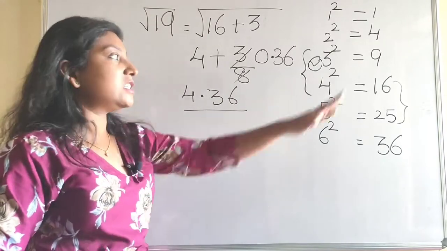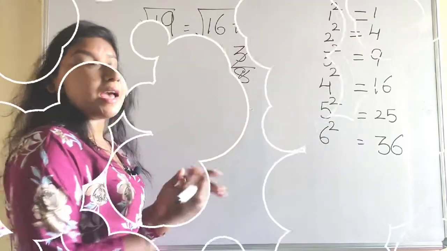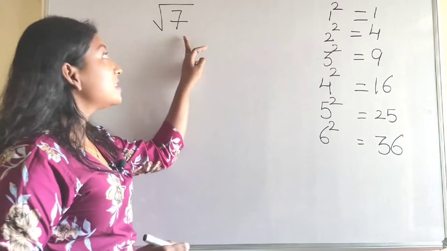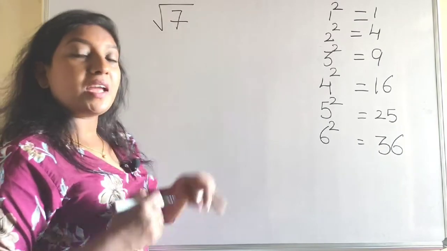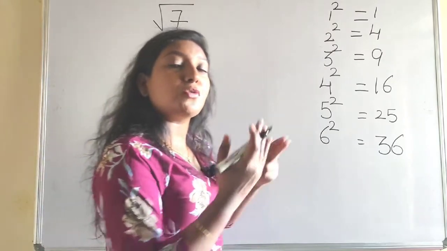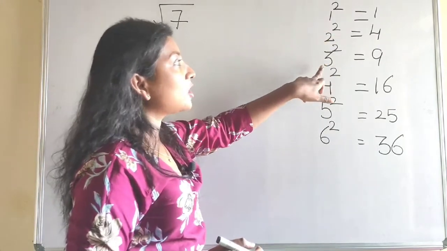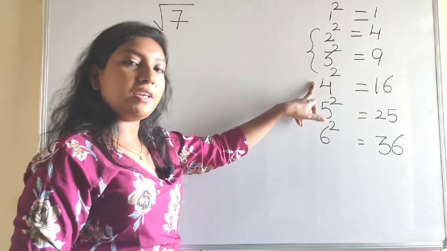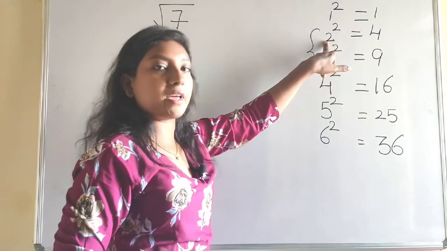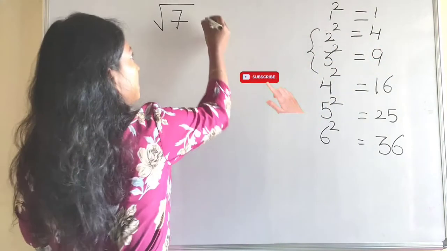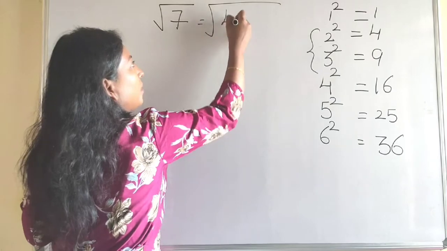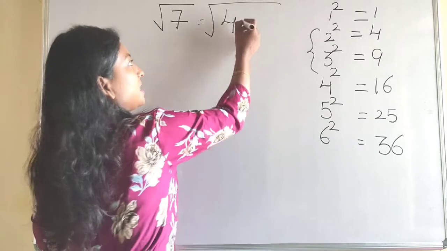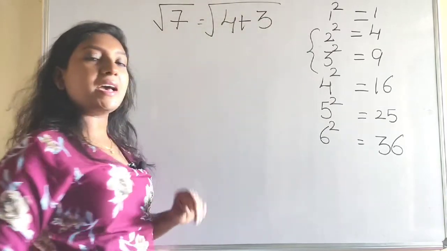You can also check in terms of 5 square. You are going to get the same answer. Here I am taking root 7. And what is the number here? 7. Check where the 7 is close to which squares. So 7 is close to the squares 2 square and 3 square. Now I am writing 7 in terms of 2 square. So what is the 2 square? That is 4, so 4, and still how much I have to add to 4 to get 7? 3. So we have to add 3 to get 7.